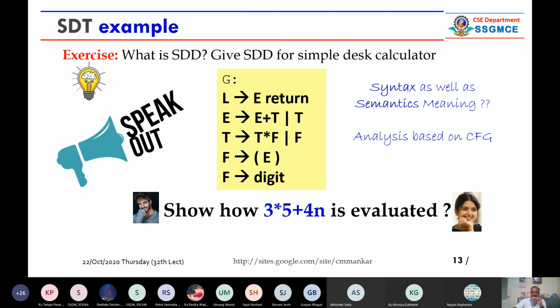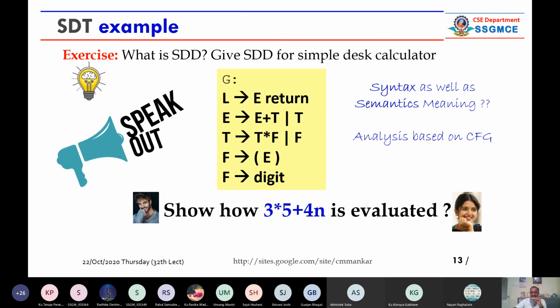So anyway, now we try to understand. We have understood how syntax is derived, how correctness of grammar is derived by generating a parse tree successfully. Then how meaning is derived, we are going to see it.